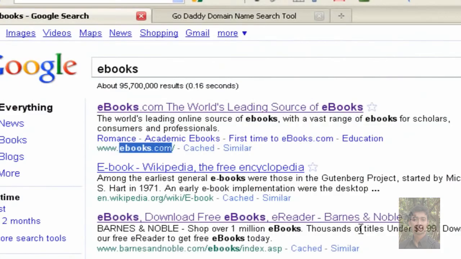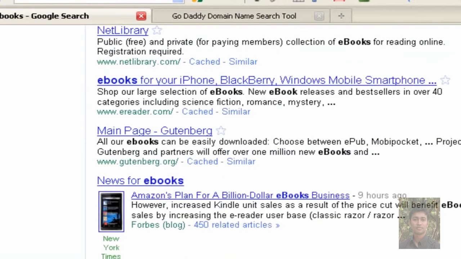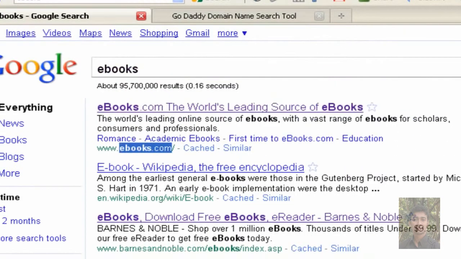Now, don't be afraid to add dashes to your domain name, okay? Sometimes Google actually boosts you higher because they view the dashes as spaces, okay? So if you had a website, I don't know, howtocleanhouses.com, and you spelled it how-to-clean-houses.com, that is actually sometimes better than howtocleanhouses.com, okay? So don't be afraid to use dashes.